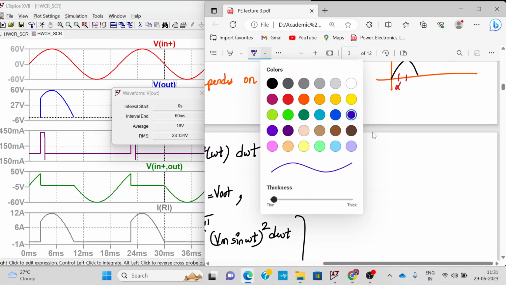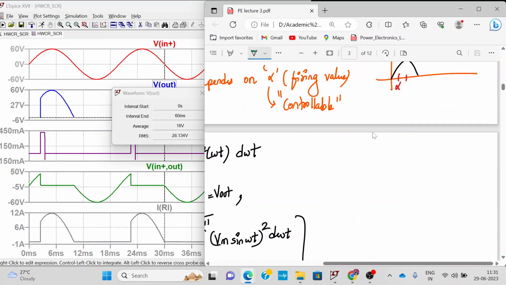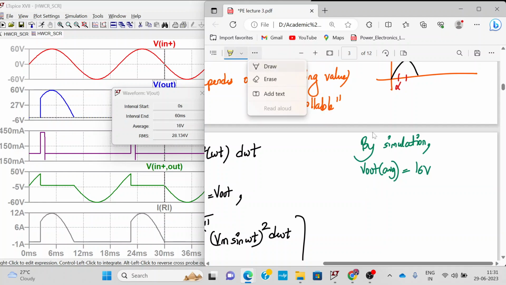So by simulation, what are we getting? Your V out average is coming out to be 16 volts, and V out RMS,